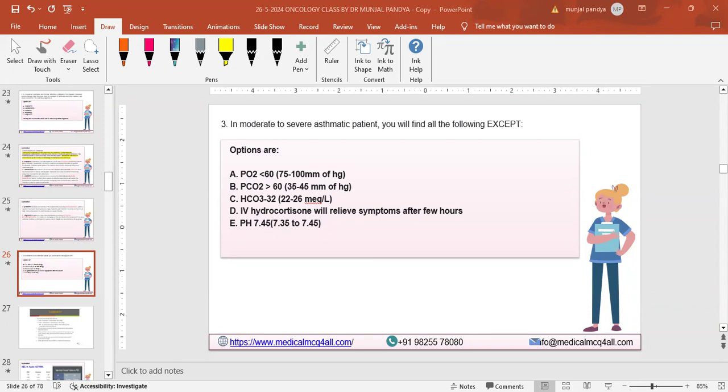Probably you have never touched the ABG part, right? So if you did not touch it, again the homework is to touch the ABG part. Open it up. It's not difficult. It is easy, but we never look into it. We feel that this is the most difficult portion in medicine. Rather, it is the easiest thing. You need to remember a couple of basic things. That's it. Only two answers, and we are more than 30-40 people in the class.